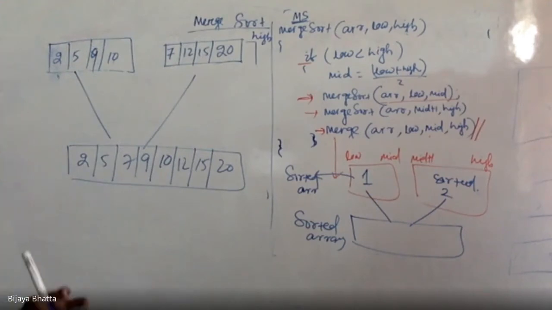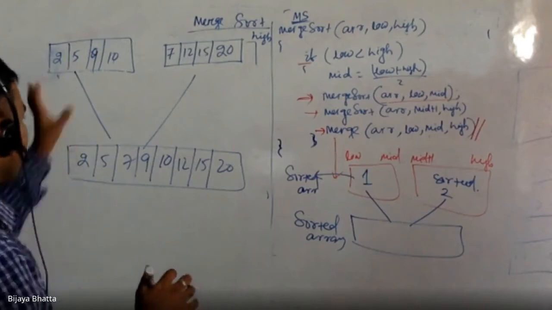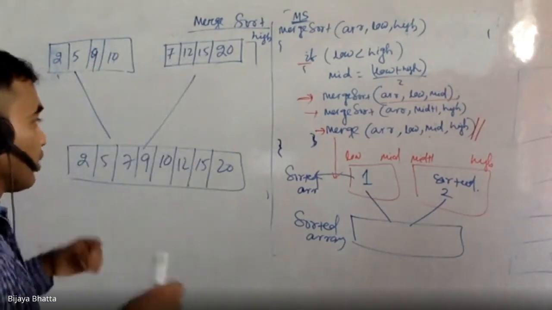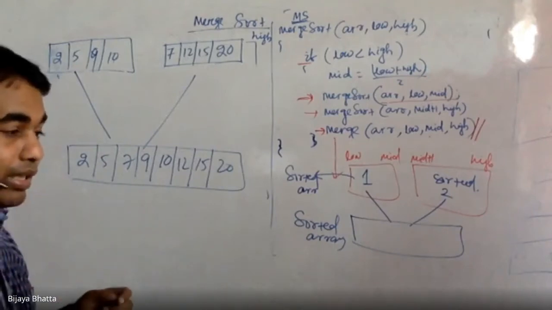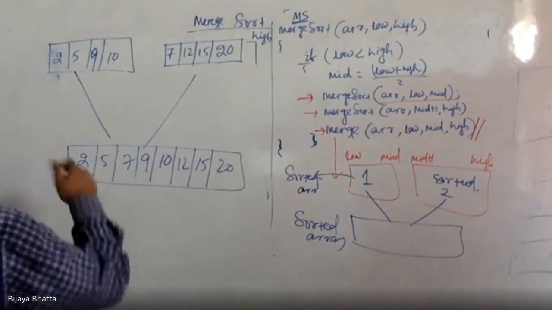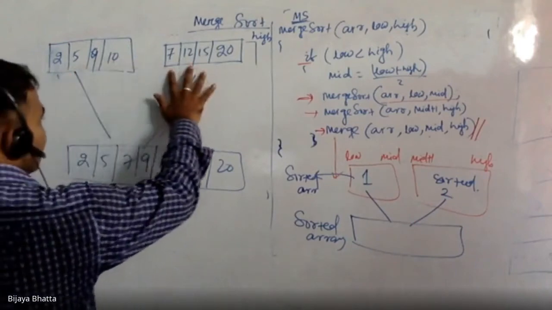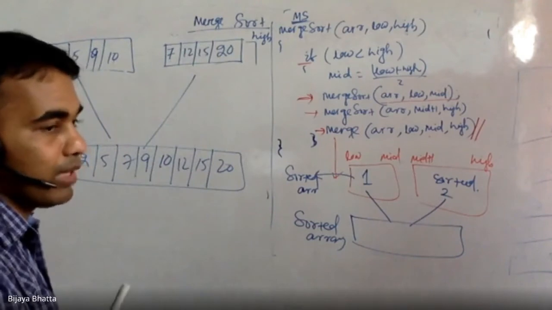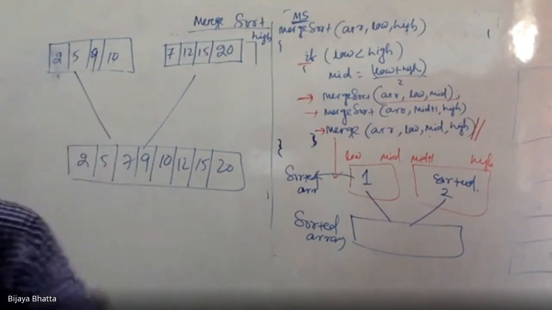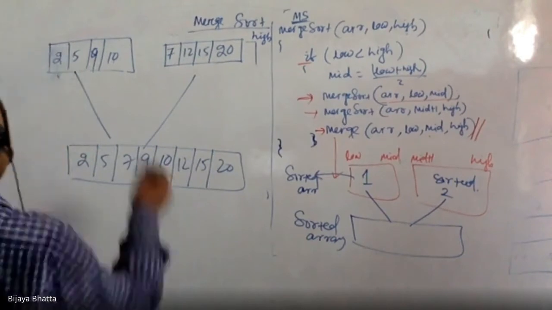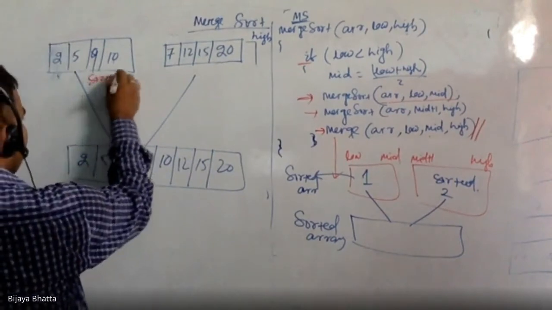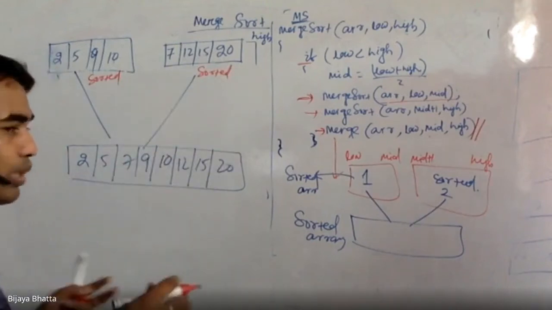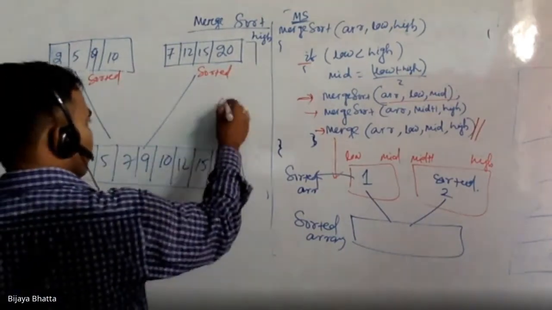We are not interested in that kind of solution because that will work for a generic array. If you take two generic arrays, that is going to work. But we need to use one key feature. What is that key feature? This is in sorted form and this is in sorted form. For this given data set, we need to use some technique. This is not a normal array. If it were a normal array, I wouldn't have a choice. But this is a sorted array, and this is another sorted array, so I can do it in a more optimal way rather than order of mn.